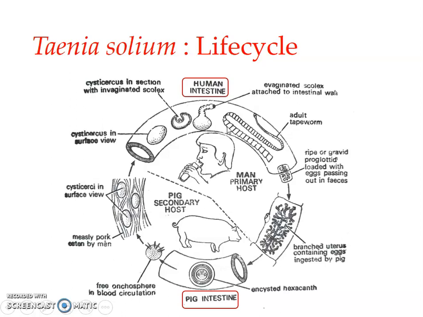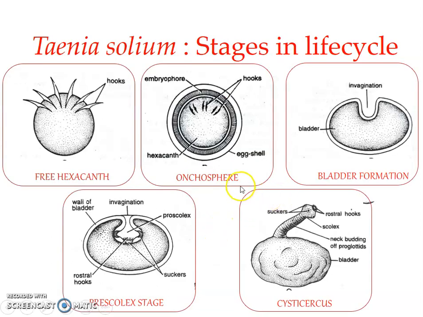Okay. Now, what happens after the oncospheres enter the secondary host? This is what we are discussing. On reaching the stomach of the secondary host, the oncospheres lose their embryophore and the basement membrane. So this is the oncosphere. Once this oncosphere reaches the stomach of the pig, it loses the embryophore, the outer covering, and the shell,